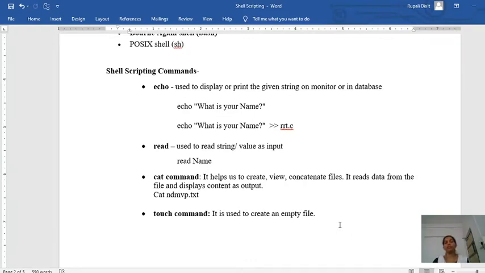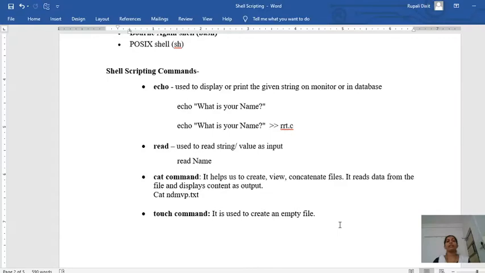So only those commands I am going to elaborate in this video. Otherwise, other shell commands you must have used. rm is nothing but one of the shell commands, remove directory. Then one more is mkdir, make directory. Then one more is cp, copy directory or files, isn't it? So these are the shell commands which you have already used. But here we will be discussing only the commands with respect to the first program.